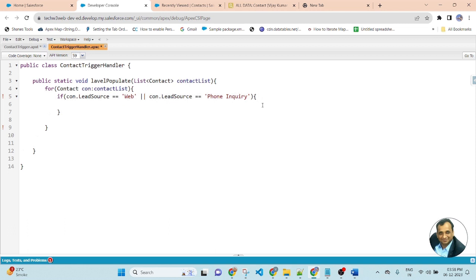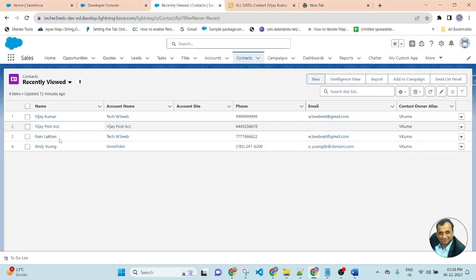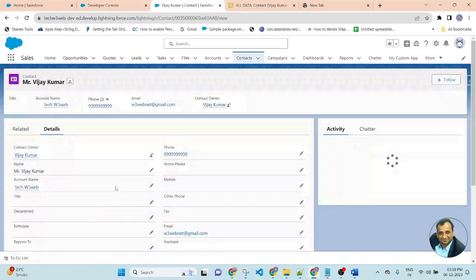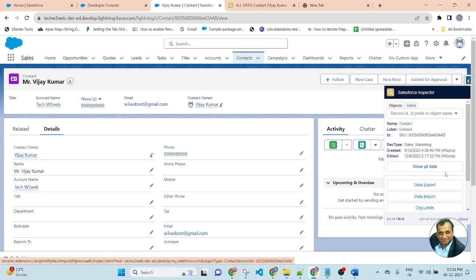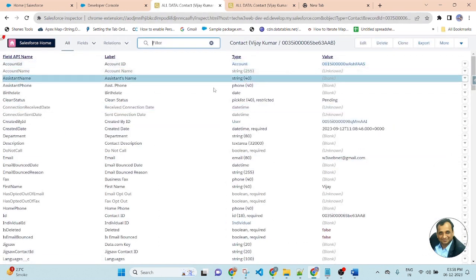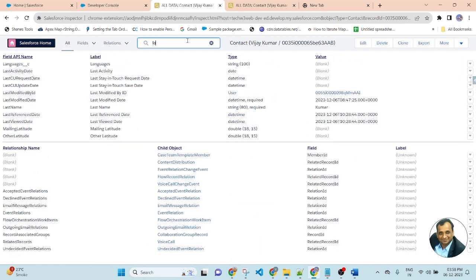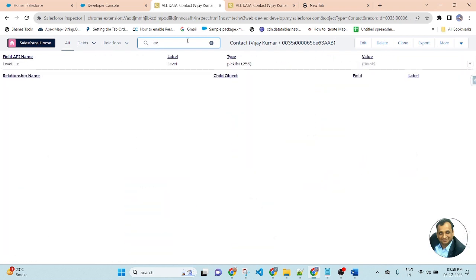Then we will populate the value of the label. So this con dot label. This is a custom field, equal to primary. So if you go to the record, open the area of the record, and from here go to all data, search your field name.